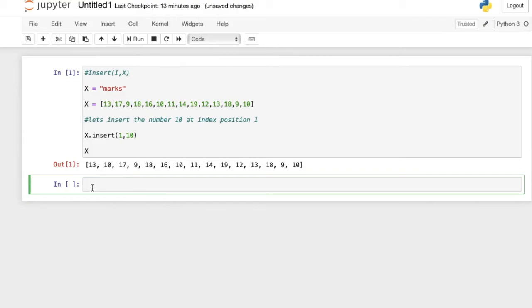Let's try another example. Let's say we want to add, or we want to insert